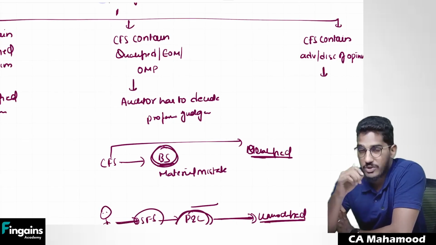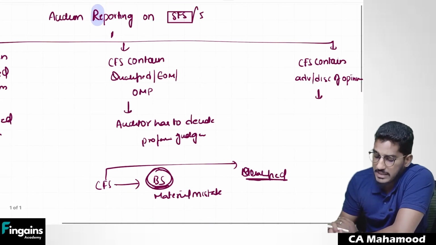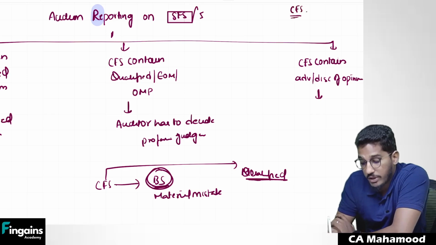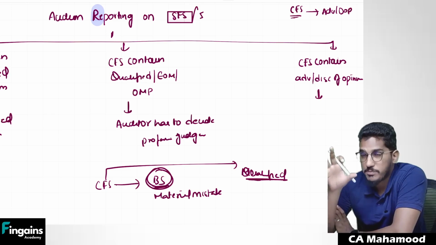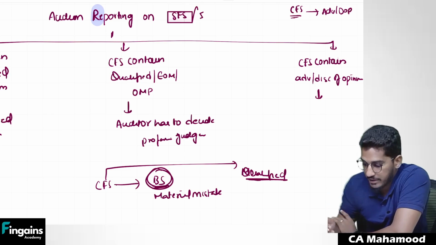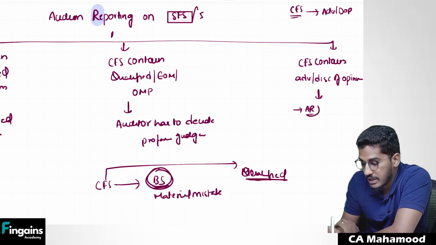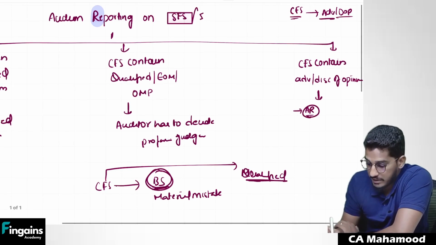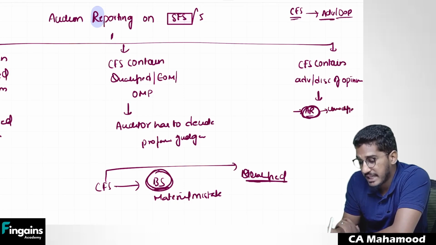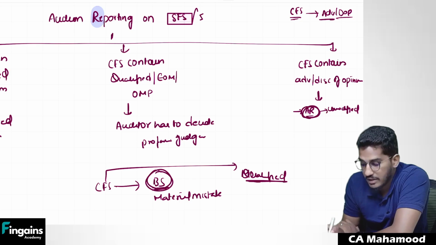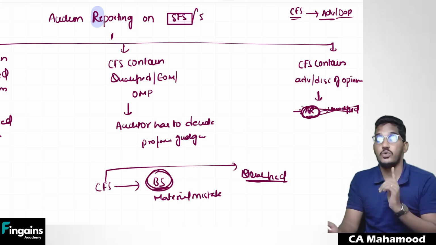Sir, I have been appointed to conduct audit of a single financial statement. Someone has conducted audit of the complete financial statements, but in that audit report the main auditor has given either an adverse opinion or a disclaimer of opinion. I have been appointed to conduct audit of only accounts receivable, and in the accounts receivable I did not find any material misstatement. Can I give unmodified opinion on that specific element of the financial statements or a single financial statement? The answer is no. The standard is telling you that you cannot do it.